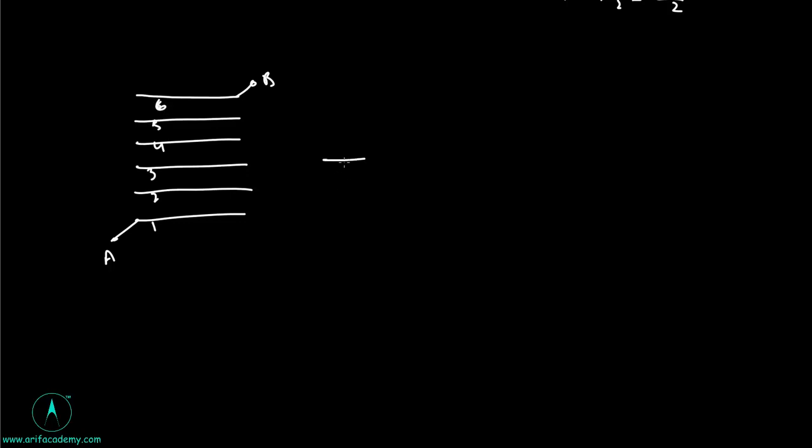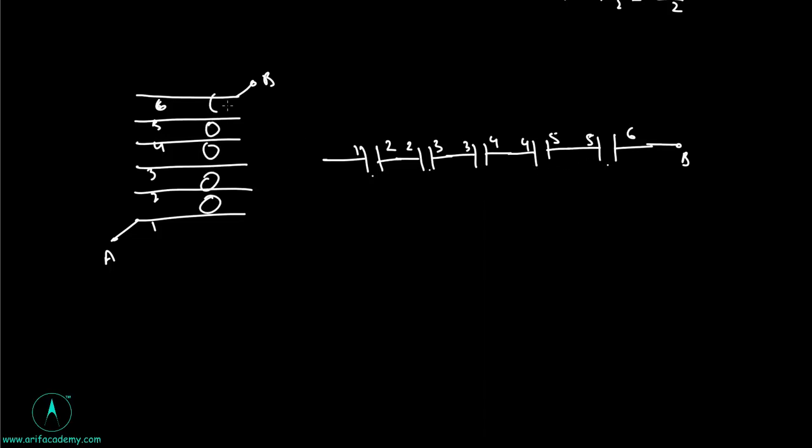We can arrange like this. 1 makes a capacitor with plate number 2, again draw 2, it makes a capacitor with 3, again draw 3, it makes a capacitor with 4, again draw 4, it makes a capacitor with 5, again draw 5 and it makes a capacitor with plate number 6 which is connected to point B. So we have 5 capacitors